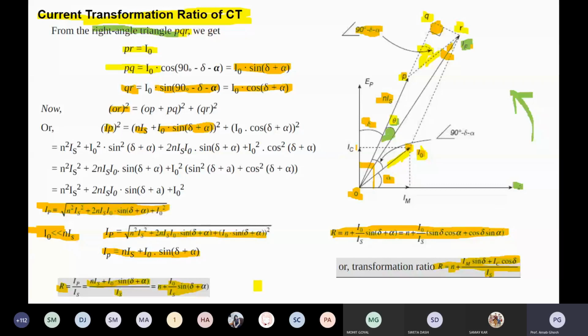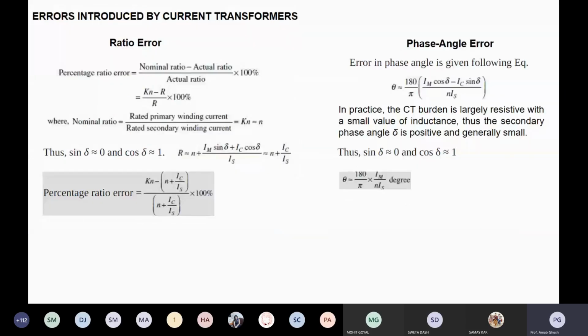Okay, the same thing also applies for your phase angle. So how much phase difference is coming from the experimental result and the given result by the manufacturer. If both are the same, there will be no problem. If both are different, there will be a problem. So how much error is there? As per the cost of your instrument, if it is very sophisticated and very costly, then you can say that the error must be very low. So that's the motivation for the ratio error and the phase angle error, and it is directly related to the efficiency of that instrument transformer.